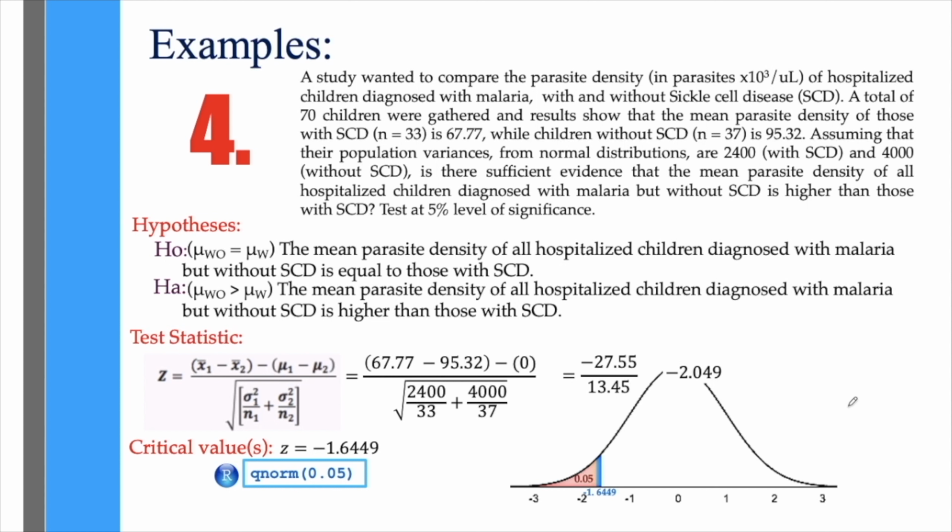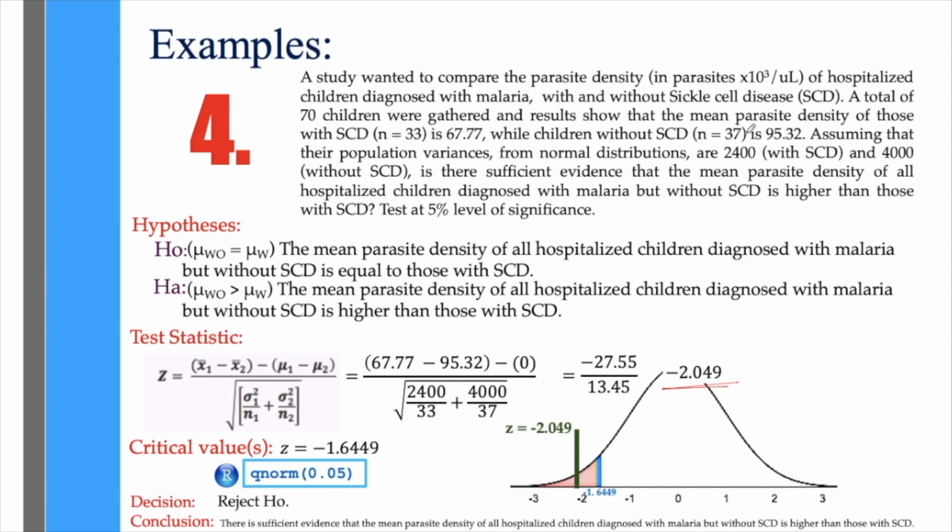Now the question is, where is negative 2.049? Is it in the area of rejection? It is actually, yes, it's in the area of rejection. That's why we're going to reject the null hypothesis and conclude that there is sufficient evidence that the mean parasite density of all hospitalized children diagnosed with malaria but without sickle cell disease is higher than those with sickle cell